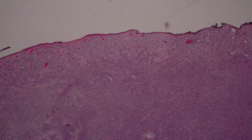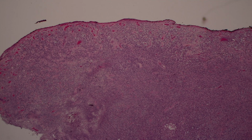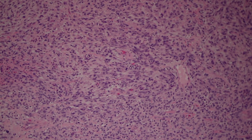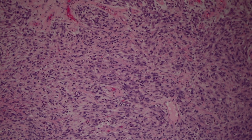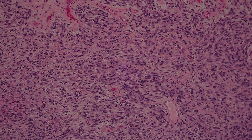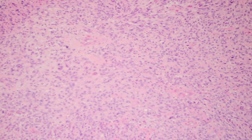And this is a huge, massive tumor. Big, ulcerated, fungating nodule. I think it was on the ear, if I recall. And here, I mean, the tumor cells are so ugly, and they're kind of spindled. So this could be a spindle cell melanoma. It could be maybe an atypical fibroxanthoma or a pleomorphic dermal sarcoma. It could be a lot of different things. It does have a little bit of pink color to it, but really you can't tell for sure that it's